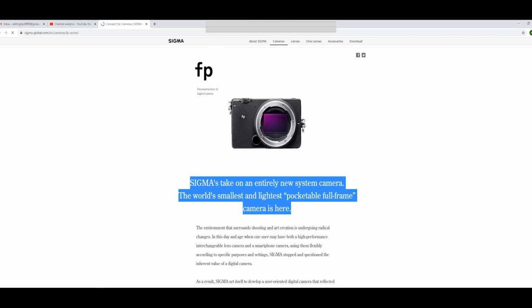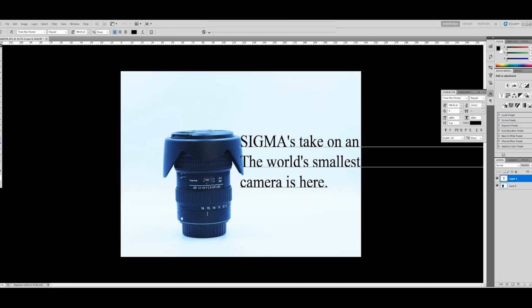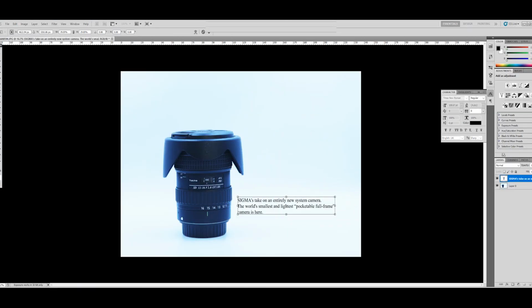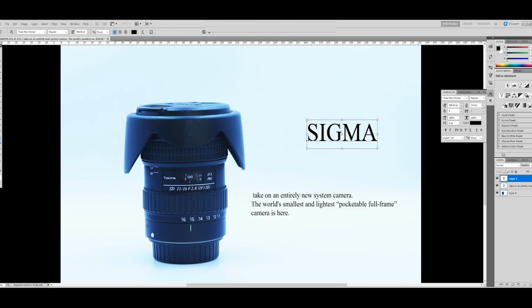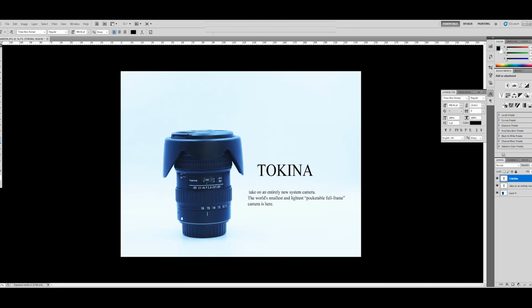Let's take this as a reference and complete this tutorial. This is how it looks.